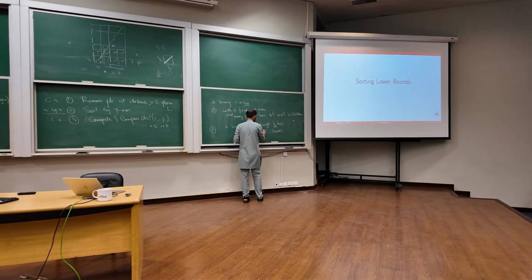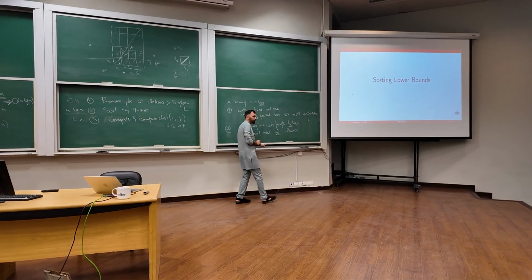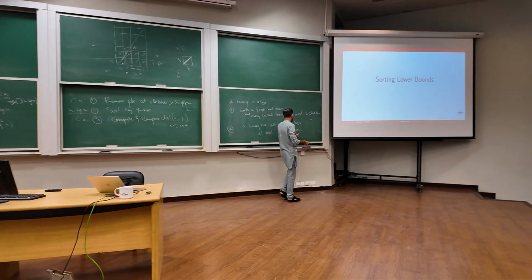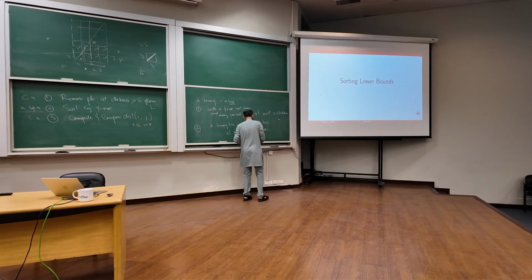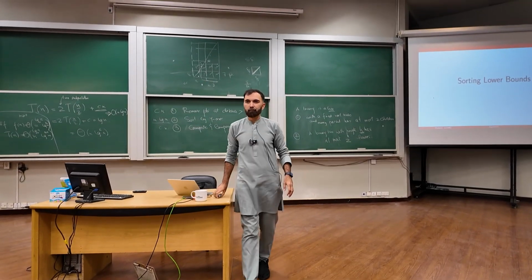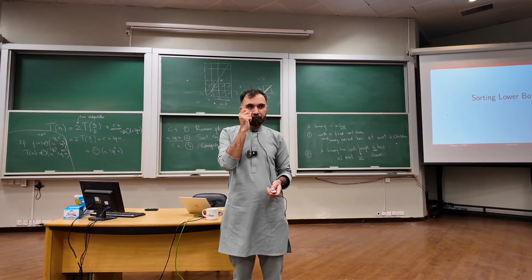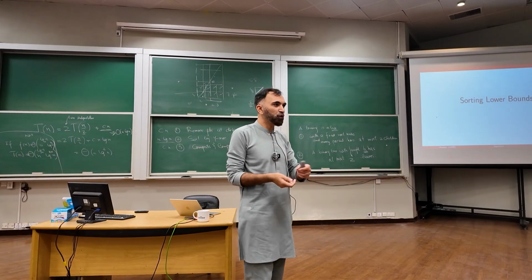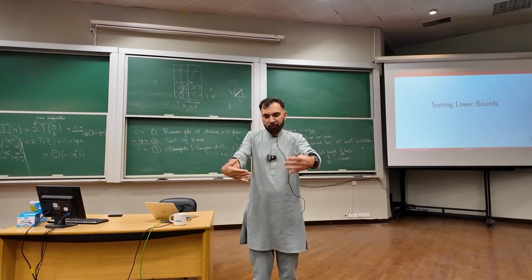So that's why I'm going to assume that this guy has height 0, so you have at most 1 leaf. That's what I'm going to use. You cannot have more than 2^h leaves if your height is h, because you're doubling and that's the restriction